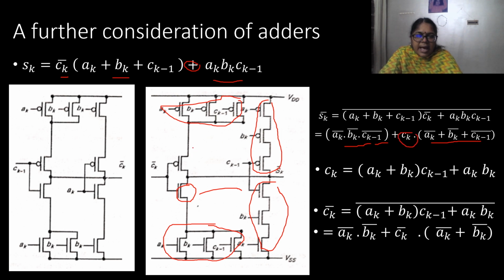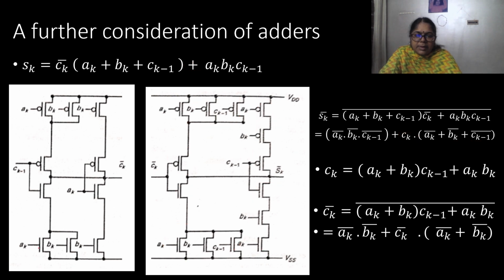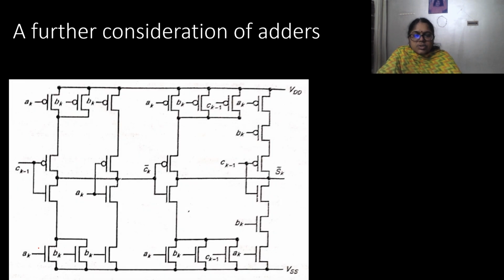So we have one PMOS transistor which is connected in series to the parallel combination, to which Ck bar is given as the input. Because here the term we have is Ck, so we are giving Ck bar to the gate of this particular PMOS transistor, so that when we combine both the NMOS and PMOS parts of the circuit, we will get Sk bar. So in this way we can draw the complete circuit where Ck bar is obtained from the carry part of the circuit, and then that is given as input to the sum part of the circuit.